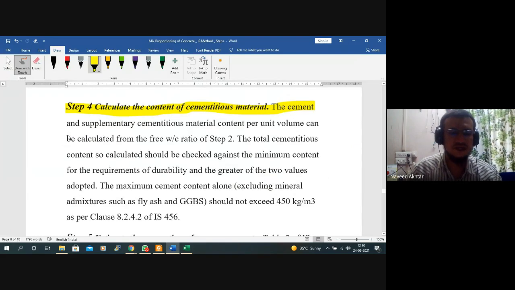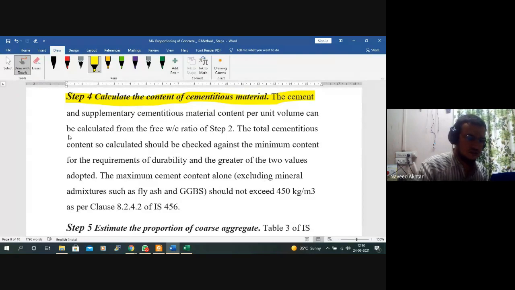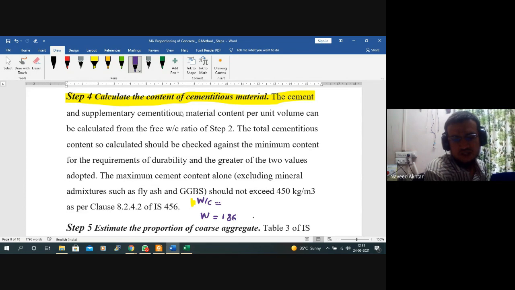So cement content we can find out because we know the water to cement ratio, we know the water content. In step number 2, we know the water to cement ratio, we know this value, we know the water content from the table, and then we make the correction.